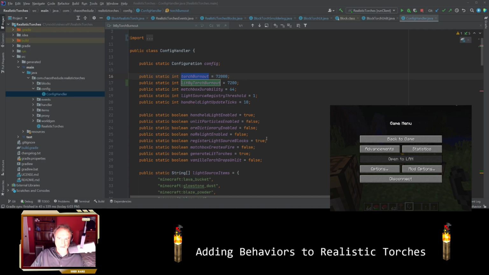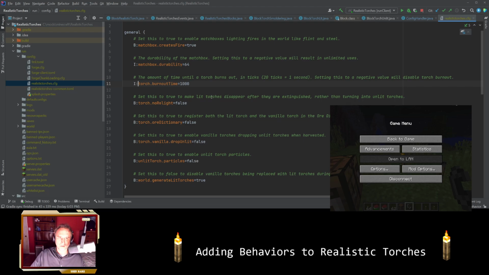Okay, no, in the config it's torch burnout time. Yeah, here it is. We set it to 1,000, so now we'll say